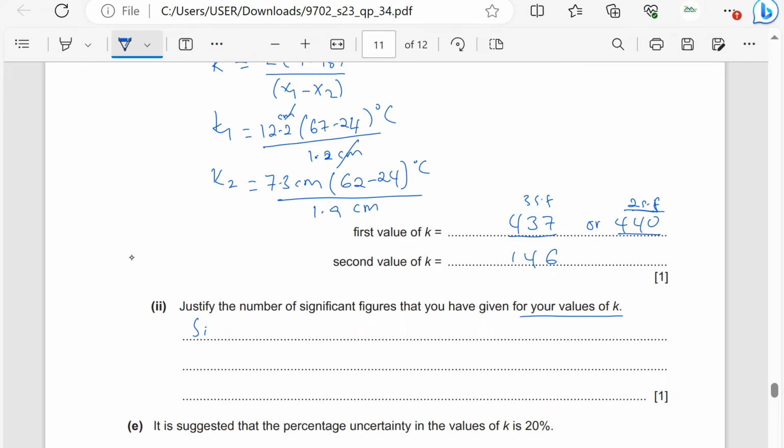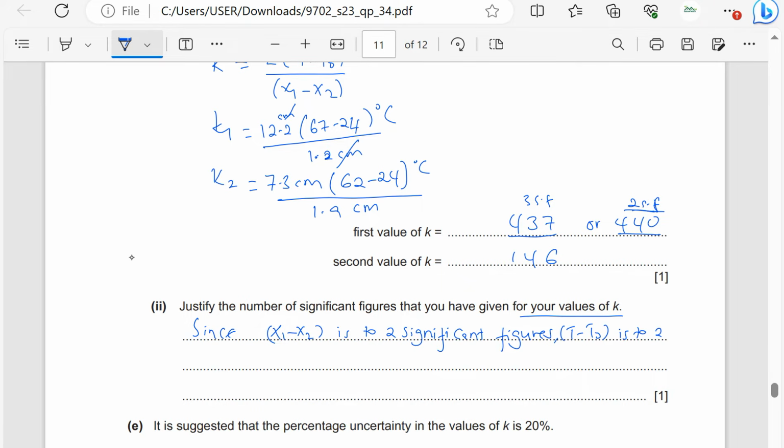So you will say, since x1 minus x2 is to 2 significant figures, and of course we have 3 terms here, t minus t naught is to 2 significant figures,